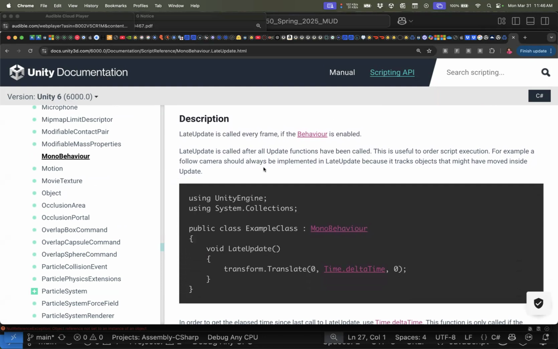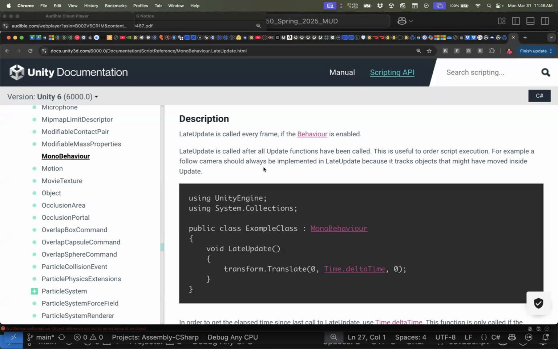Late update gets called after every other game object in the scene's update function has been called. And every other update function doesn't get called until after their respective start functions get called when that script comes into existence. So we could handle this by just changing our hit point bar to operate off of late update